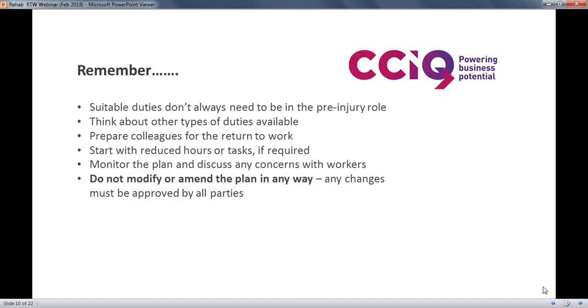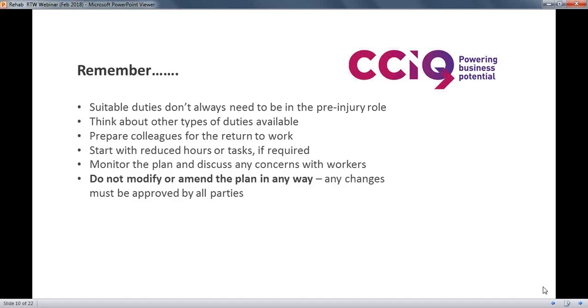But at the end of the day, if a business isn't able to provide duties at that point in time, that might mean that further down the line, after the suitable duties program has ended or there's a review, and there's an indication of what the person can do, they may be able to come back into the workplace and do some duties.